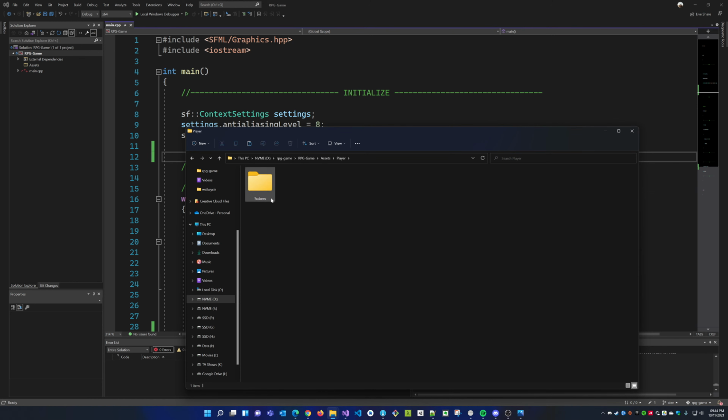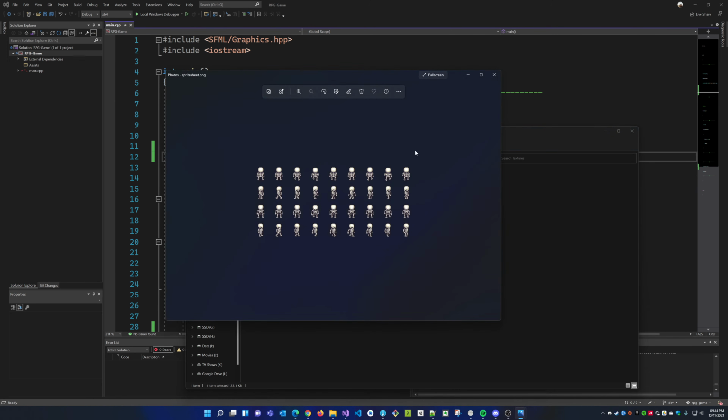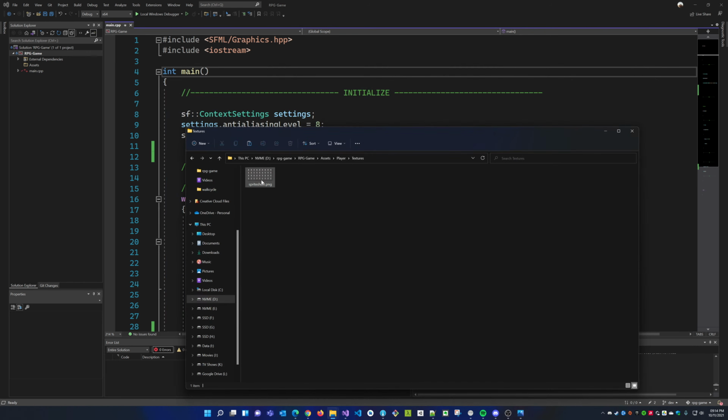Inside is the player. The player has textures. The player has audio, or just called SFX or sound effects. Textures, yeah, that's all I want to have for now. So for textures, I'm gonna paste this image, right? And I'm just gonna call it Spritesheet. So this is what's called a Spritesheet. It has multiple images of whatever, right? All right, cool.